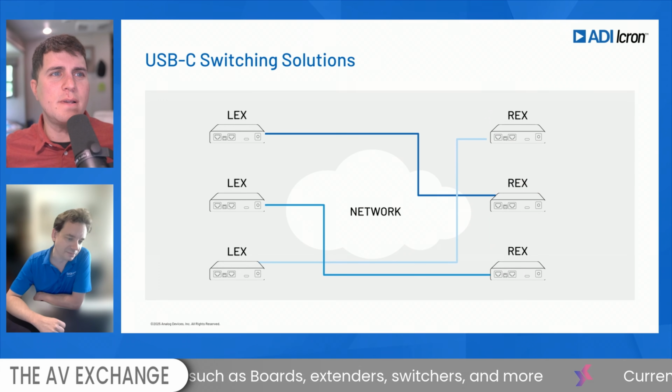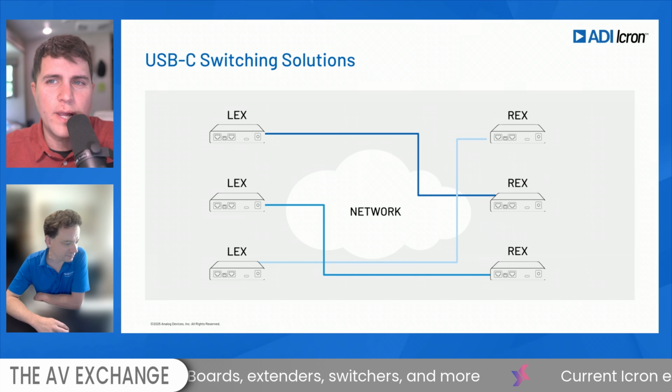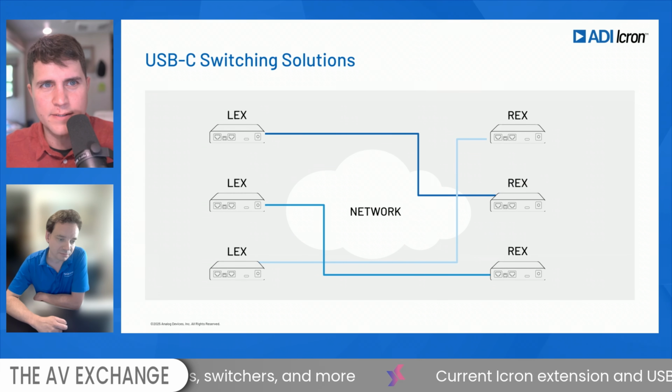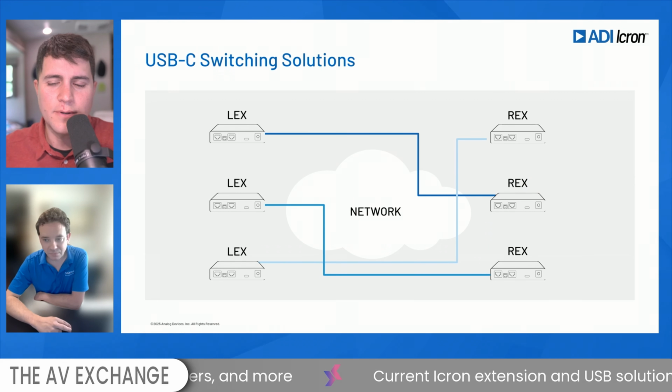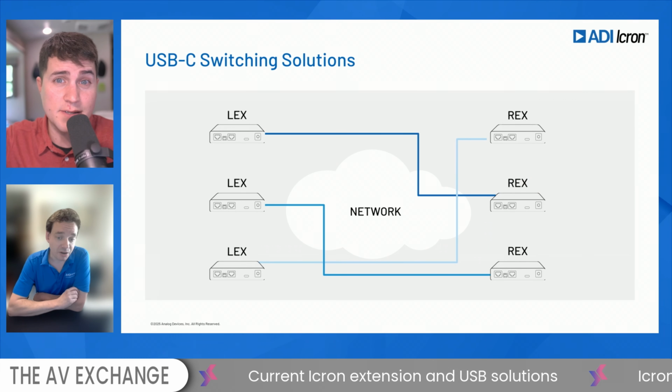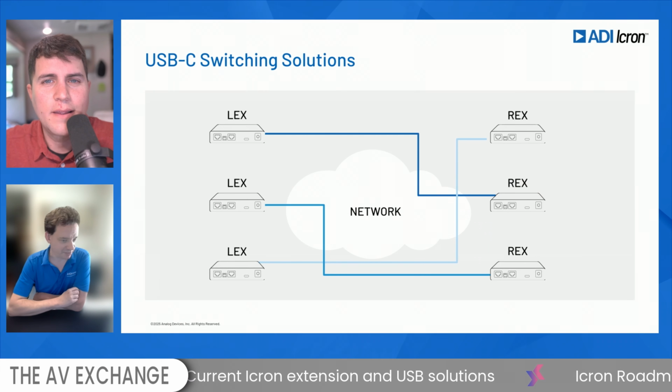What can I ask? So over a network, are there any special provisions that need to be taken into consideration? Does this need to be VLAN? Are there any quality of service things that need to be adjusted? What does that look like? Is it as easy as plugging it in? No, it's meant to be basic and simple.